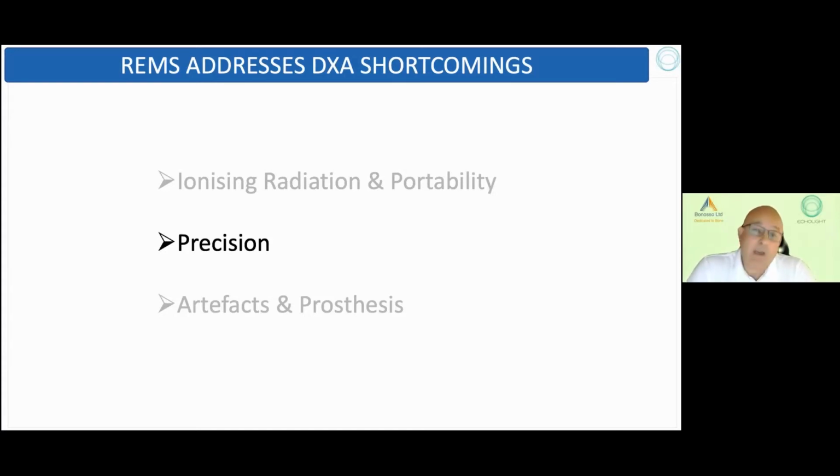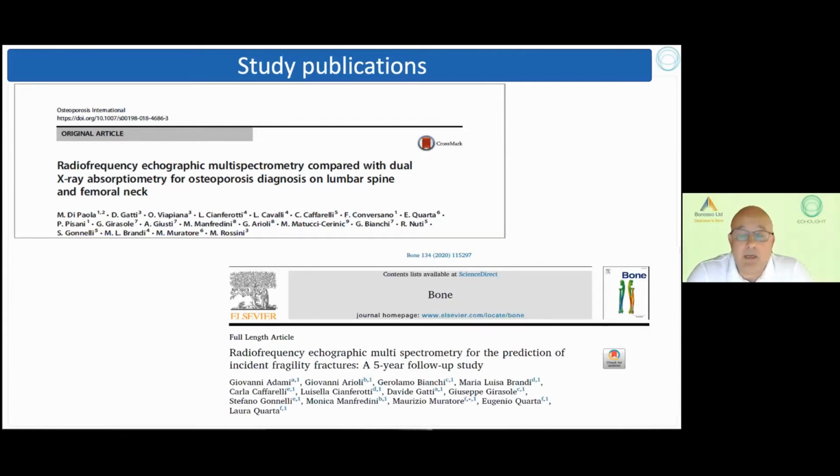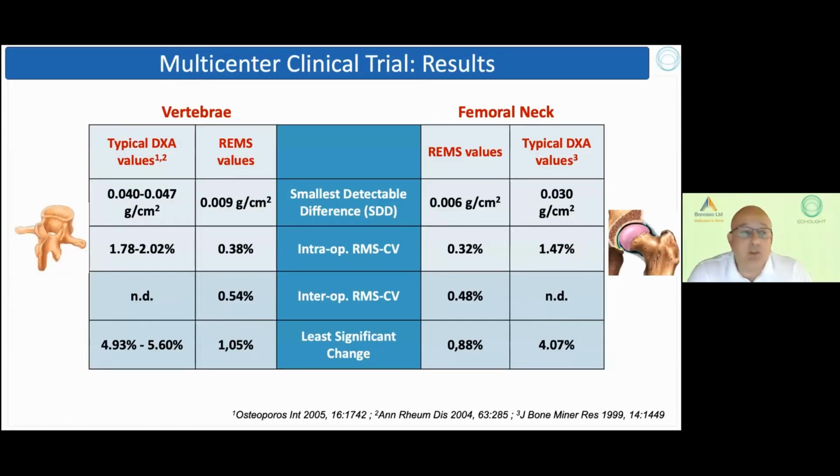And when we have the precision figure, when we have a look at the papers that have already been published in peer-reviewed journals, Osteoporosis International with a multi-center study, and Bone with a 5-year fragility fracture follow-up study, we can then take a look at what the precision is like. And astonishingly, we find that the precision of REMS for both spine and femur are very much better than DEXA. If we look at the bottom line there, the least significant change, it's 5 times better